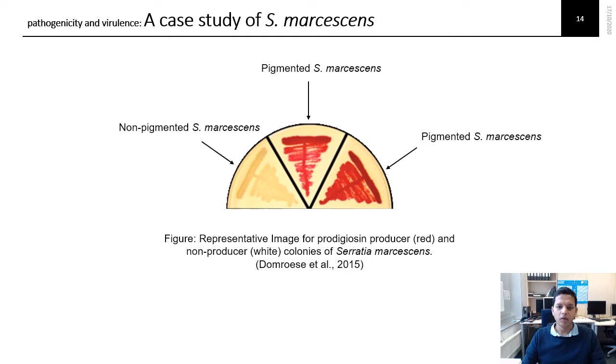Here I would like to give an example of Serratia marcescens and how whole genome sequencing is helping us to identify their virulence capability. As you must be aware, Serratia marcescens is a red pigment producer, and when they grow at room temperature they show red pigmented colonies. In Germany and also worldwide, several Serratia marcescens isolates observed in clinical cases do not show pigment, and now we would like to compare the non-pigmented and pigmented colonies in order to see their virulence capability.